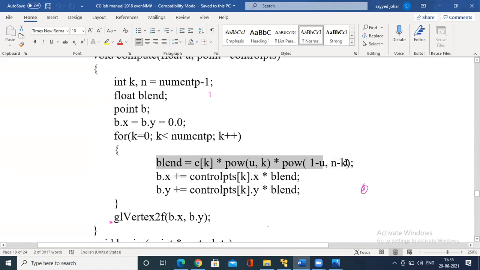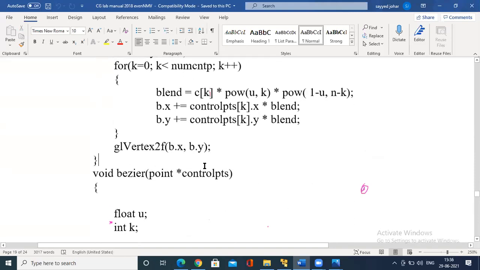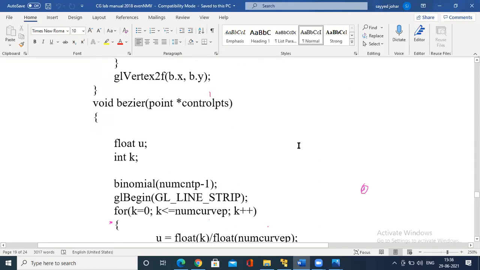This is the formula for Bezier, right? And pass that GL vertex to F. So pass those values of X and Y axis to draw. Again, when you call, it is a recursive call of a for loop, wherein you draw the curve points individually, calculating the individual blend equation between the control points. So you will have 19 curves being drawn between the 4 control points, right?